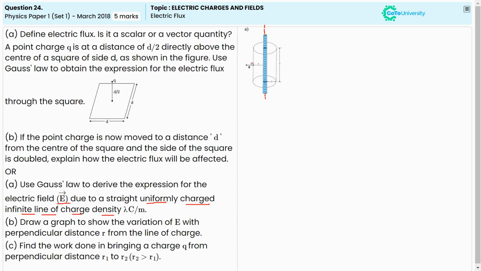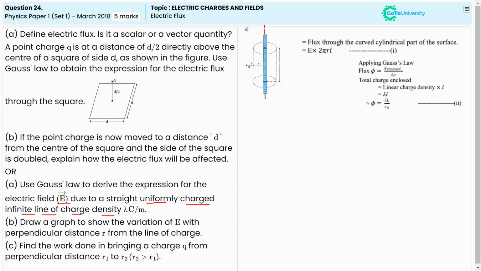Charge point R here, and throughout the length, it is L, length is the L here. Flux through the curved cylindrical part of the surface is given by, that means the electric flux is equal to E into 2 pi RL, where 2 pi RL is the small surface area. And by applying Gauss's law, the electric flux is equal to Q enclosed divided